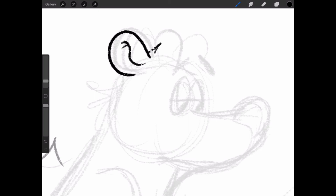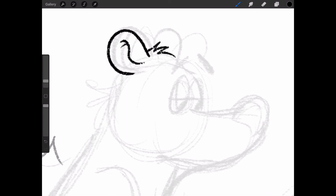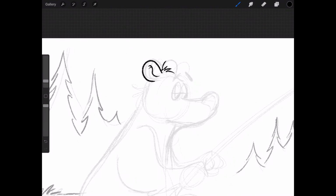And I've noticed I've drawn some ears in different positions, but I want them both kind of behind, facing back, so they don't intersect with his eyebrows and interrupt them. And get his little cheek fur back there. Now for his eyes, if you remember,